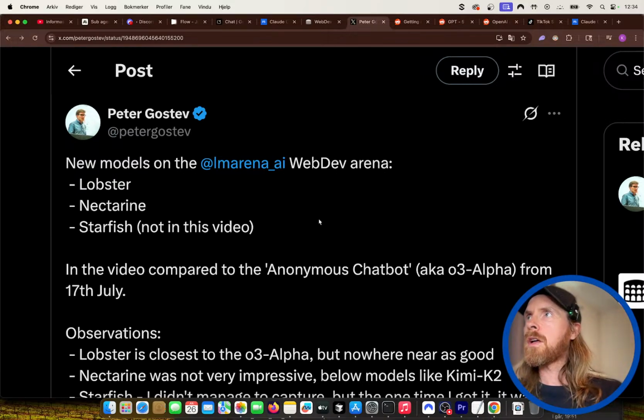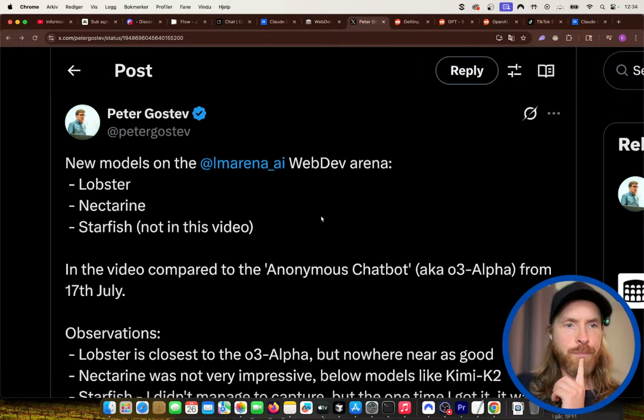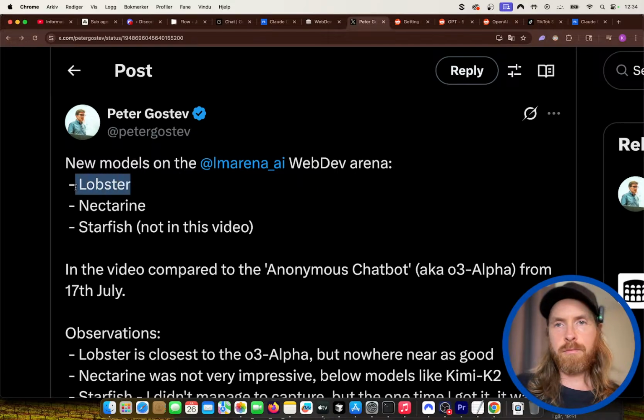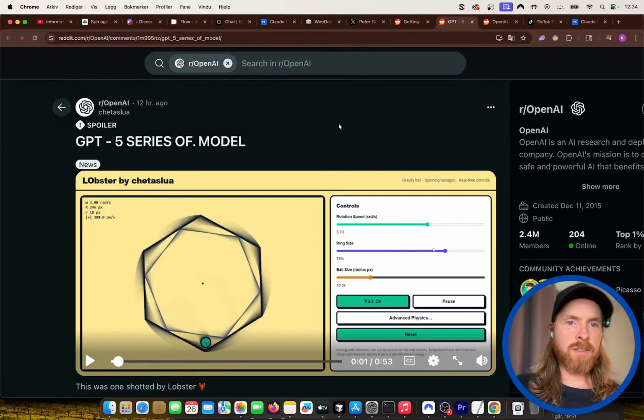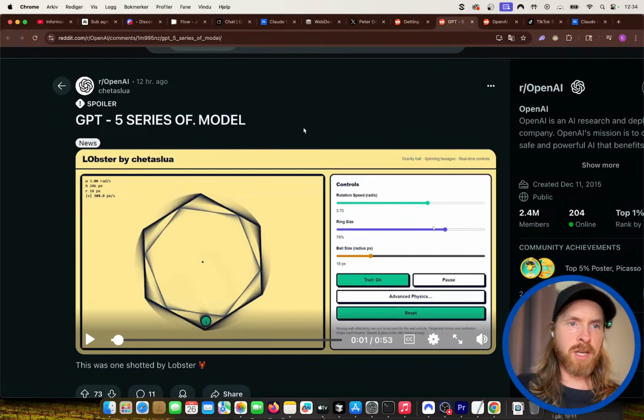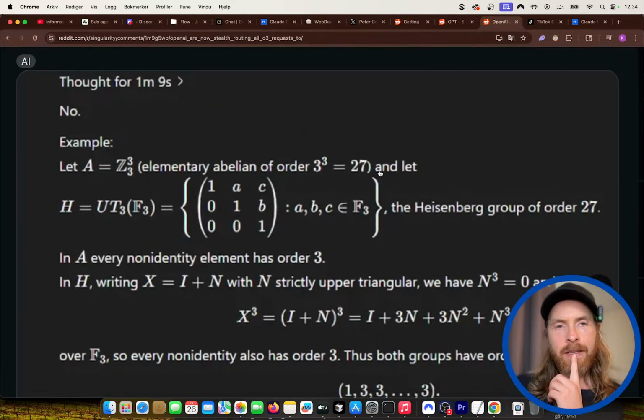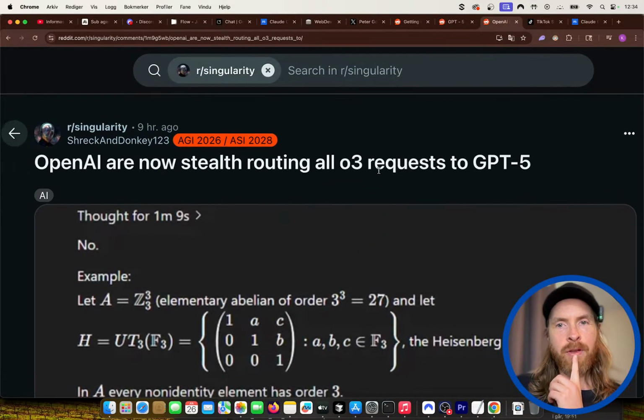So like I said, I guess you didn't hear it, but I wanted to take a look at the new models in the web dev arena. Basically, Lobster, because I saw yesterday there was a lot of talking about this on Reddit and on X, people trying out these models in LM Arena and Web Dev Arena.